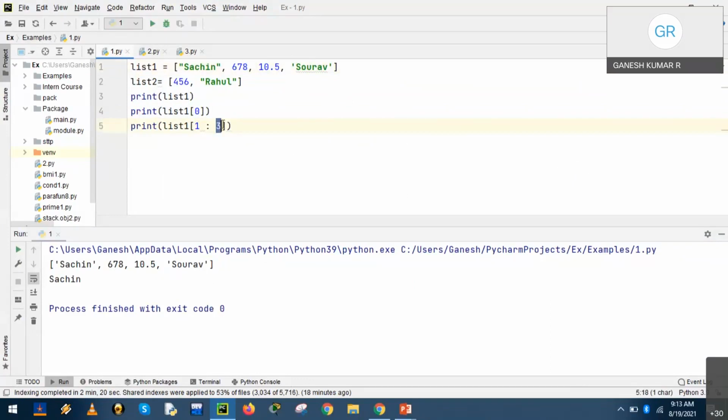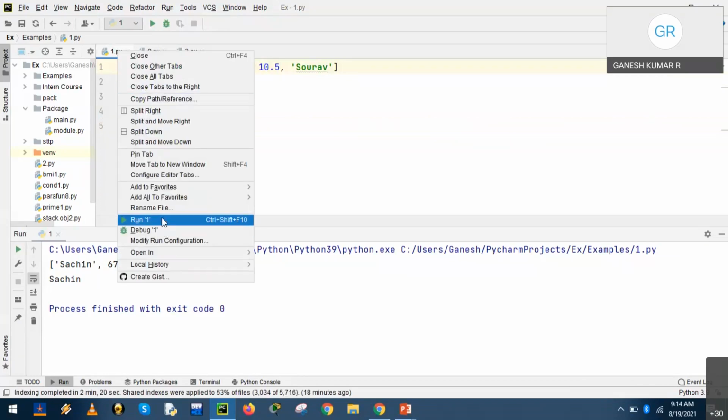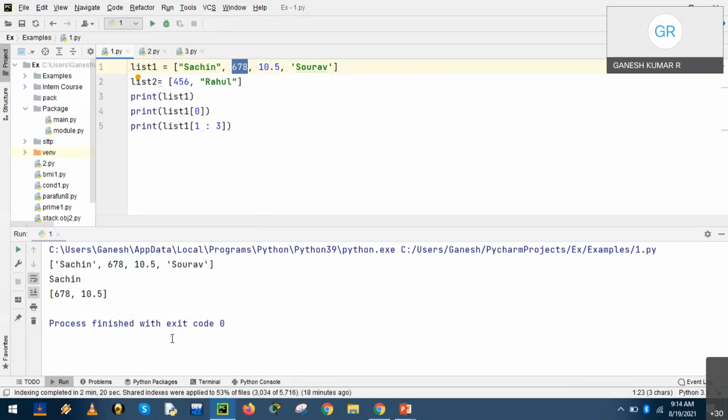While accessing the values, it is from the initial value to n minus 1, so 1 to 2. So list1 of 1 is 678, and list1 of 2 is 10.5. Let us run the program again and check the output. So list1 of 1 colon 3 results in 678 and 10.5.